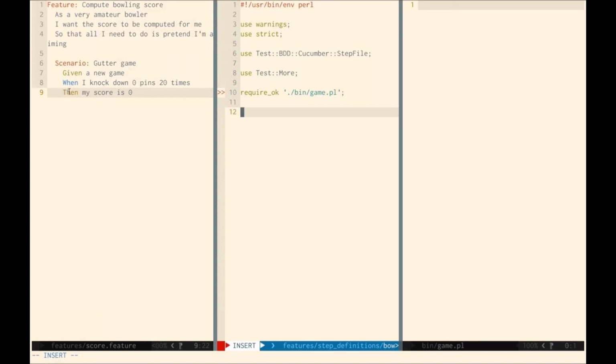So I have this given when and then, and in here in the step definition, it's my job as the programmer handling some Cucumber cases to handle all of the natural language. As you can see here, a new game, I knock down some pins sometimes, my score is something, something. And so the way that looks in the Perl implementation of Cucumber, which may be different from Ruby or Java or what have you, but is vaguely similar, is given, and then this regular expression quote operator, the beginning of an entire string, a new game, end of string, which should match exactly that, or else not match. Then I want to run this subroutine, which says,